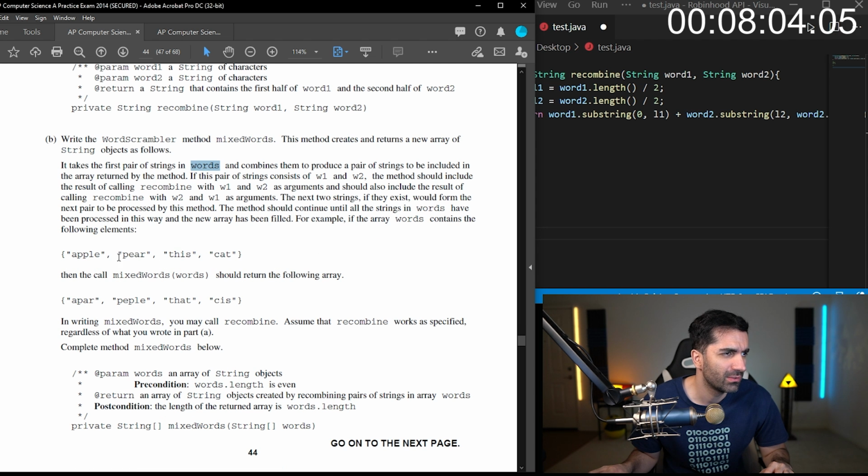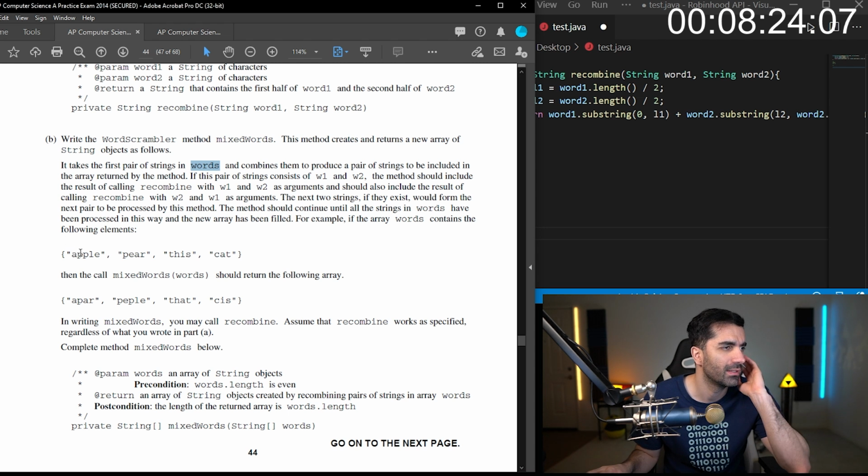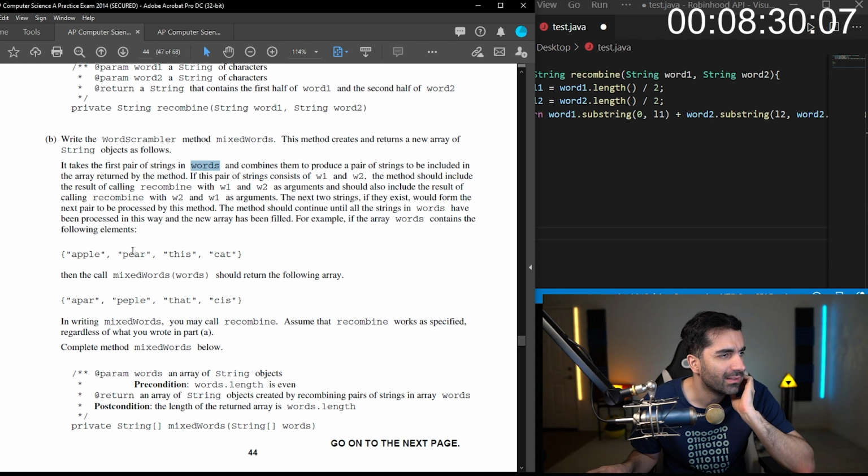I wish they would just give us examples of this. So if you have these two, calling mixWords should return the following. Okay, so it calls AP and AR, TH and AT. So it takes AP and AR, then it calls the second one, PA and PLE.